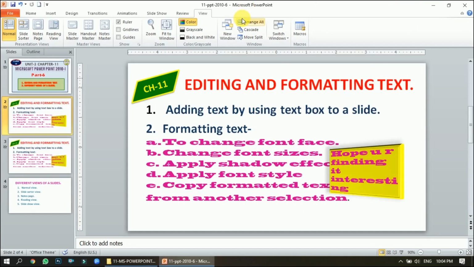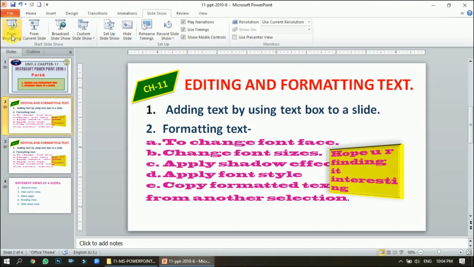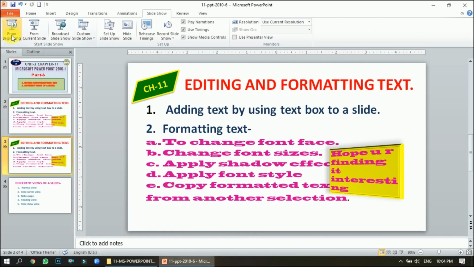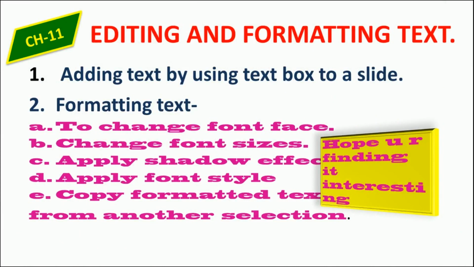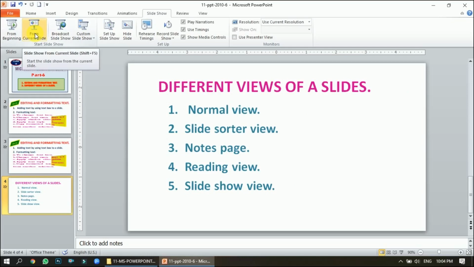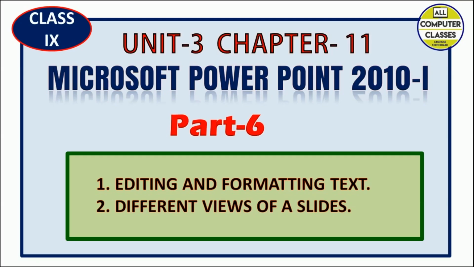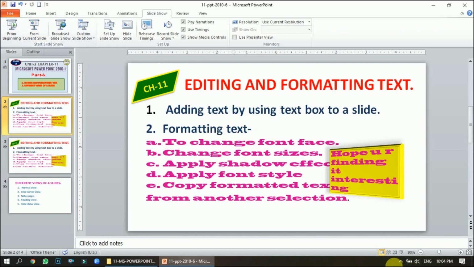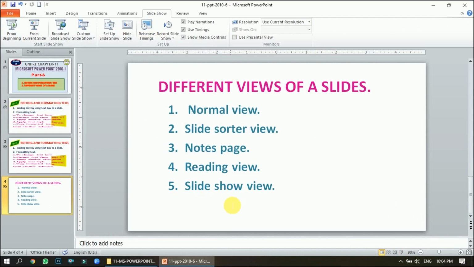Now the second method is go in the slideshow tab and choose from the beginning. So you will get a slideshow from the beginning. Now the next is, for example, I have selected the third slide and I want to start my presentation from this third slide. So I'll click this third slide and click from the current slide. So our presentation will start from the third slide. And the last method is pressing the F5. So F5, this slideshow button and slideshow tab, these are the three methods of having the slideshow view.